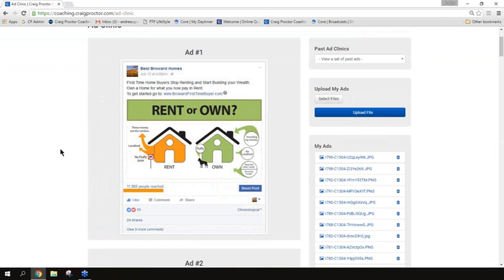You want to offer them a free list of first-time home buyer condos and townhomes that carry for less than rent. That would be a jackpot. But teaching them how to buy or teaching them why to buy isn't going to have near as much effect as offering them actual properties that carry for less than rent. Don't tell them about it. Give them the properties. That would be more compelling for them.